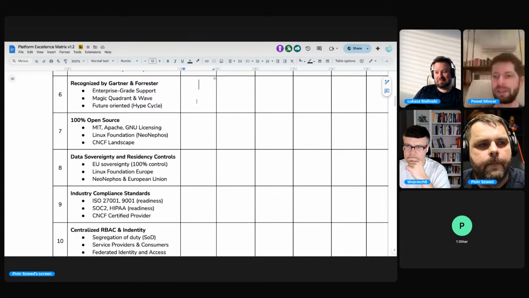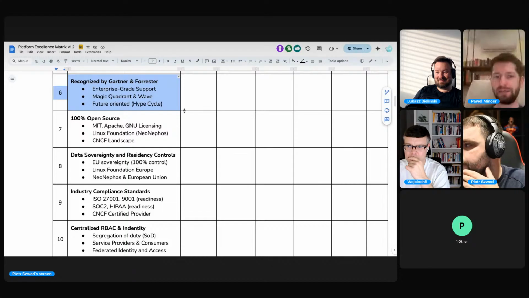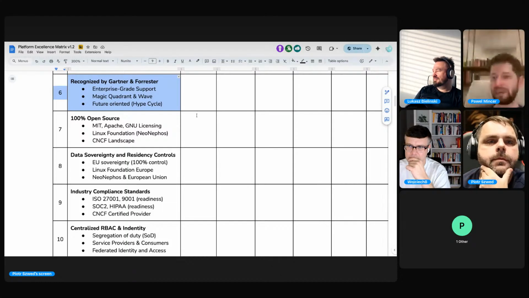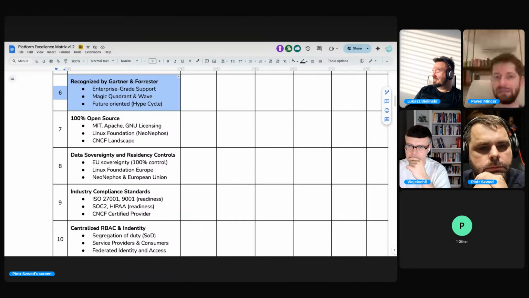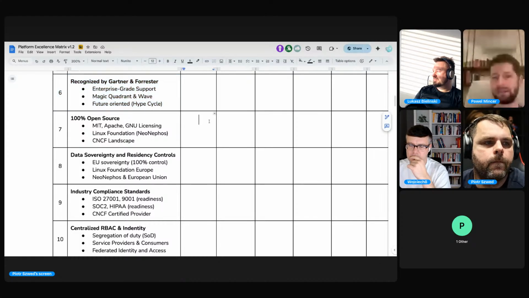See, this is a tricky question because it involves a lot of bias. Being recognized by one doesn't really mean that what you said is or is not going to happen. So it's a good thing, but not a hard requirement. What I'm saying is, if the other points are valid, this is not a blocker at any point, right? If you're not recognized by those companies.